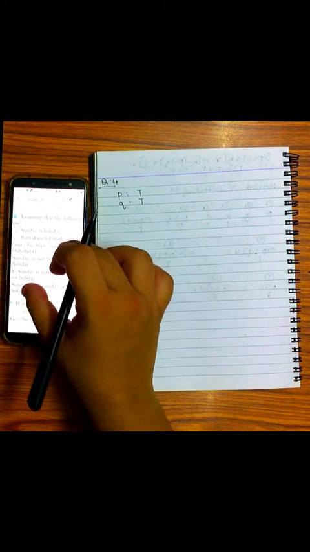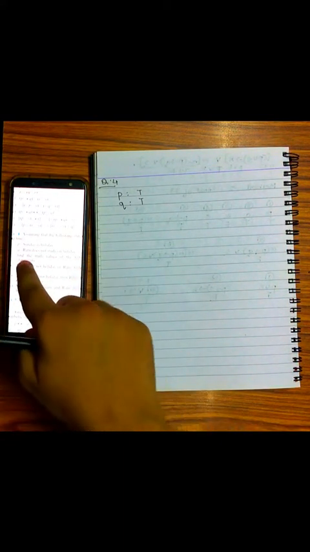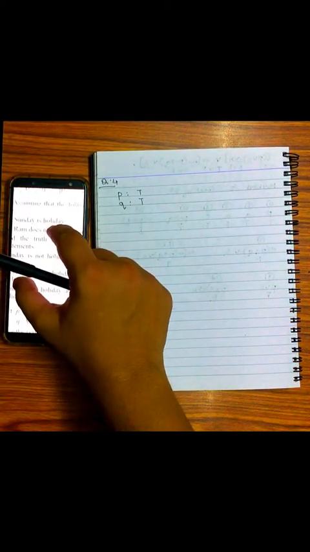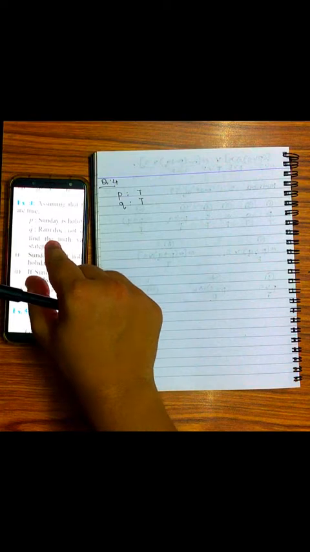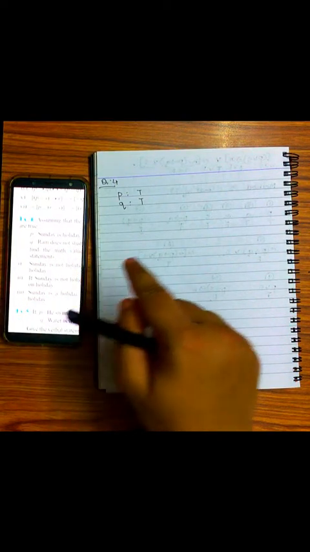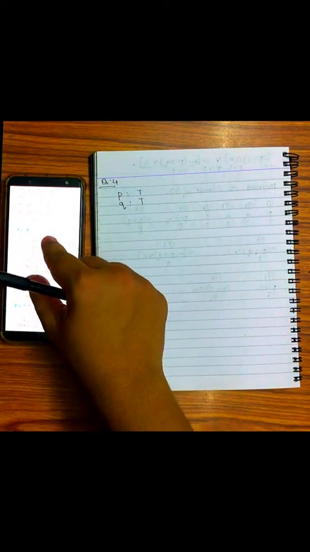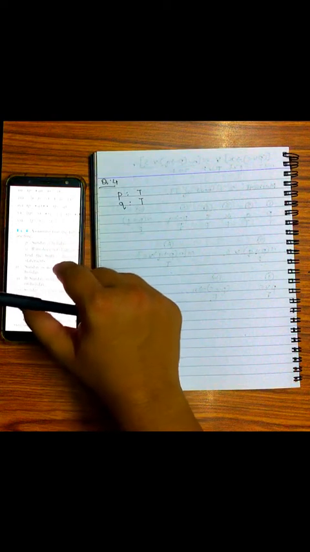Now in this statement, don't tell me that since there is a not, it is a negation. No, this is a proper and simple sentence which contains not, because they have defined it over here that the statement itself contains not. So don't tell me that it is negation of Q. It is simply a statement and it is Q.